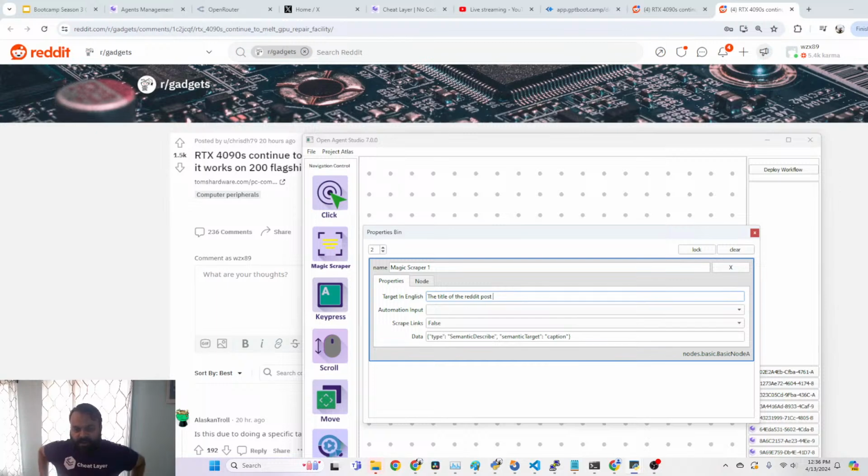We used to call it the Describe node, but I called it Magic Scraper so often that we switched the name, because you can scrape anything you want on the page using English as the target. Unlike every other scraping tool on the planet today, which uses code selectors or computer vision, this is far more robust, you'll realize, because if services update their designs, it still works.